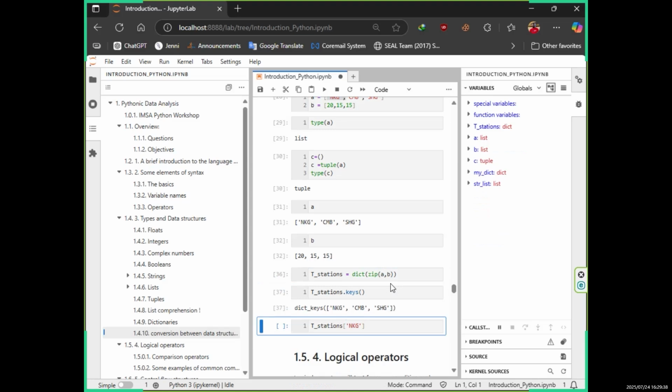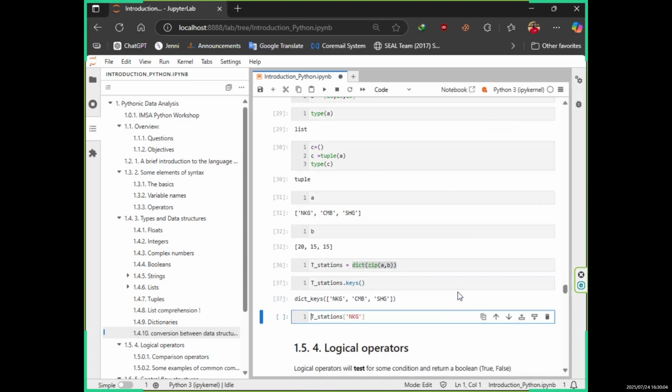So this can be like the station name and the temperature or precipitation value. Just imagine you have two columns. First one is station name, second one is temperature or precipitation value. Now you need to make a tuple and then you can analyze. For that, you can combine it using this zip function and converting it into a dictionary. When you convert it into a dictionary, it will be much easier. Just imagine if I type this one instead of keys, if I type